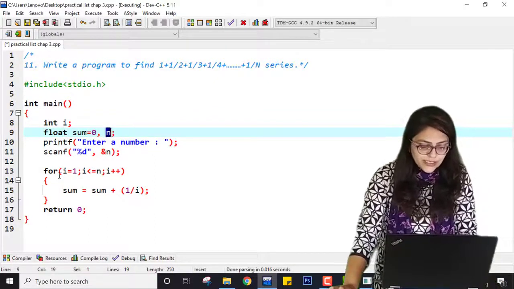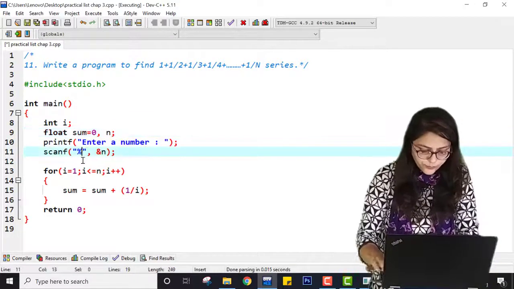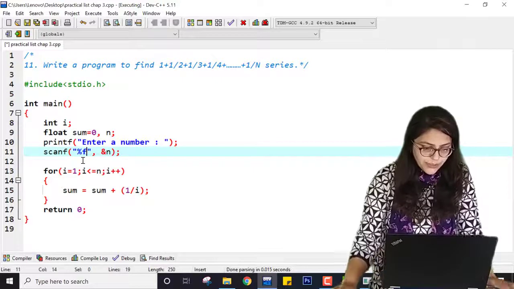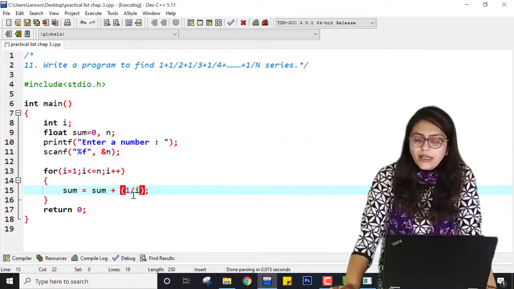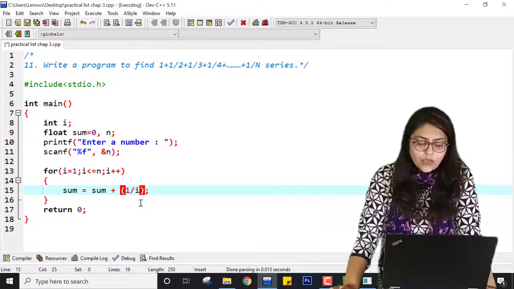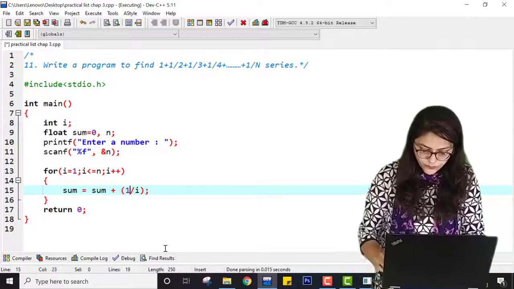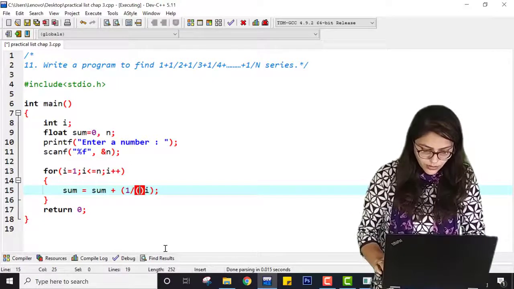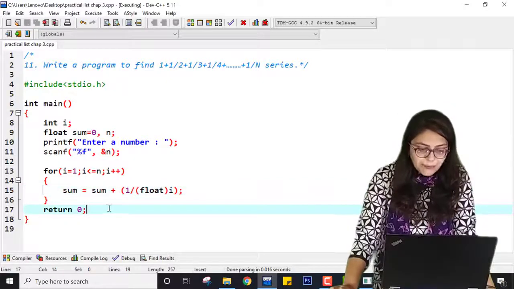So here I am initializing everything as float. I hope you understand why I am initializing it with float. Now 1 is integer and i is integer, so the answer will be integer. So that's why I have to write float, so that this is called typecasting.